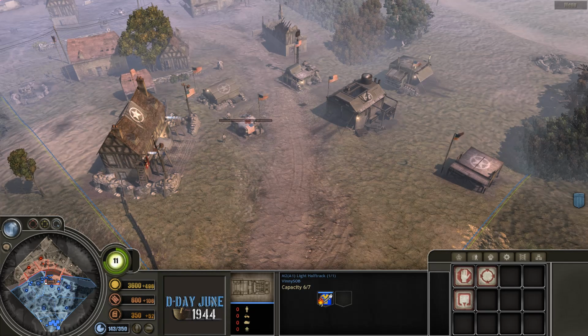Hello everybody, it's Vinny SOB, playing my favorite game, Company of Heroes, with the Blitzkrieg mod, and also using the D-Day June 1944 historical add-on, which is basically just different skins. We can talk about that later. But at any rate, I'd like to give a quick tutorial